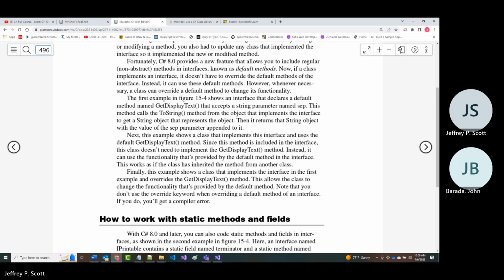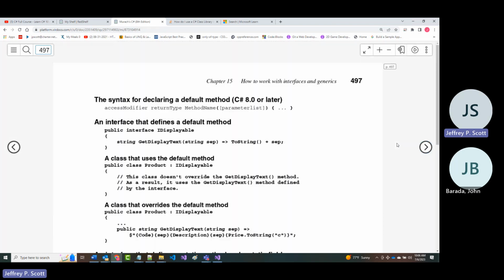Now, we're getting pretty heavy into this stuff. And a lot of people would say, well, if you're going to do that, then why are you even using an interface? There's not a lot of agreement that I've heard amongst different developers, but you have to look at it this way.